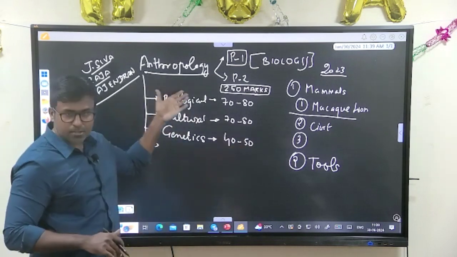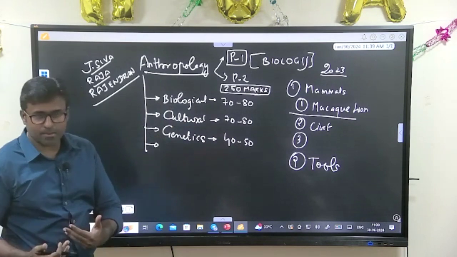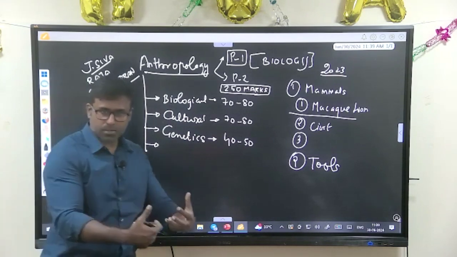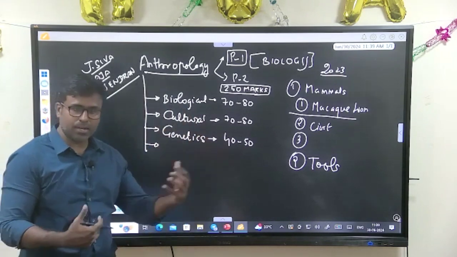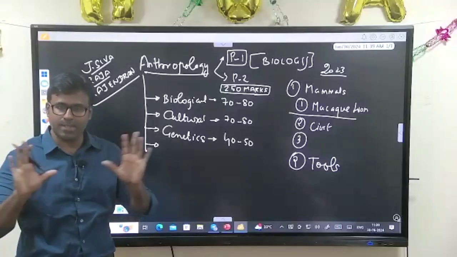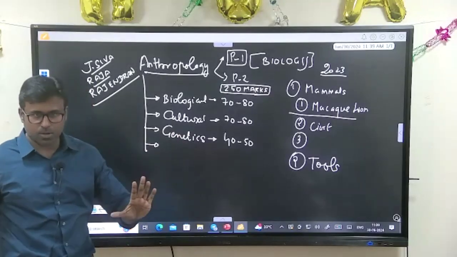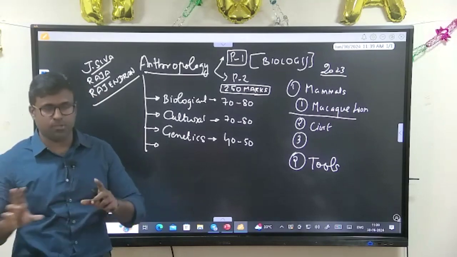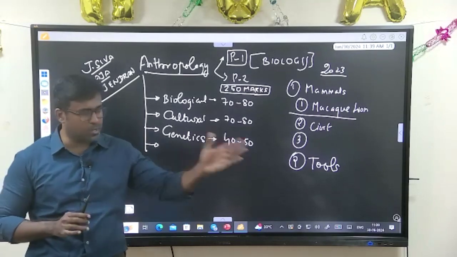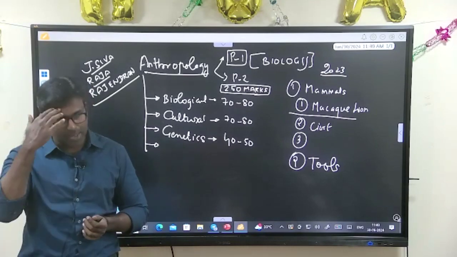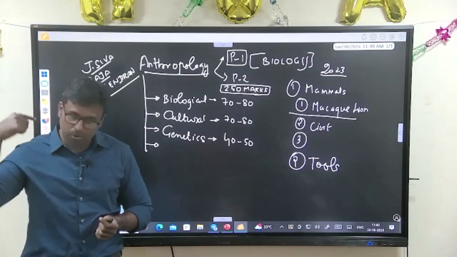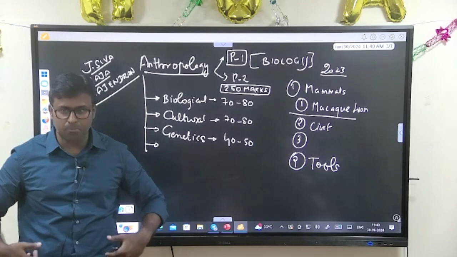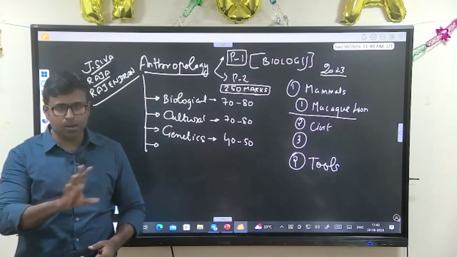Okay. That is, humans understood. The meaning of anthropology is the study of humans in their biological evolution and their cultural development. That's what is the study of anthropology. Anthropology definition is this only. We are studying a human. It will be given as a man, but now they have changed it. Study of a human in relation to the biological development, how we have come, how our hands have developed, how our minds have developed, how our spines have developed, how our legs have developed, how our pelvis or this hip has developed, so that we have this posture. This is biological anthropology.